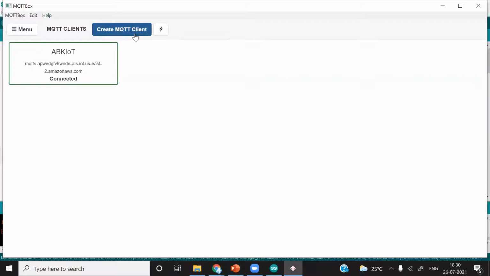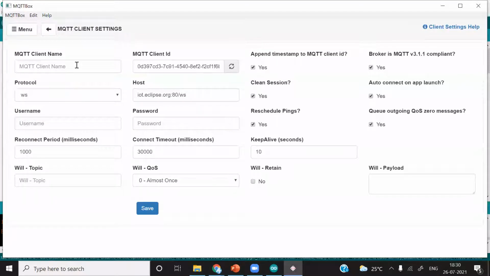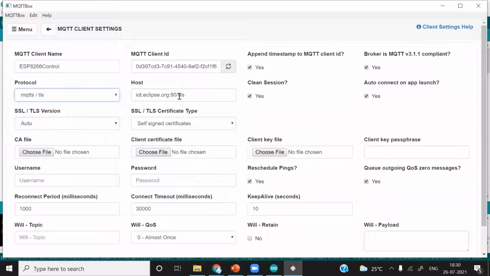To create a new MQTT client, just click here. Give the name as ESP8266 control, the same name as the thing name we have created. You can give any name you want, it doesn't matter. The protocol is MQTT TLS. Add the host name here.